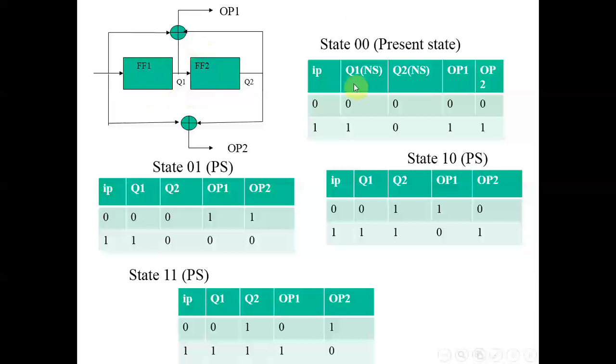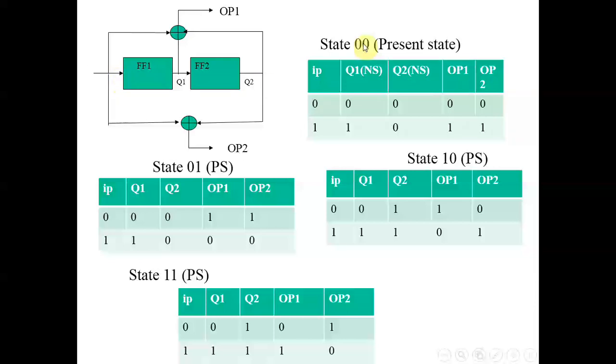So let's see that state 0 0. Now there are two flip-flops, so the output is Q1 and Q2. So because there are two flip-flops, we expect four states: 0 0, 0 1, 1 0, 1 1. So whenever we are in a particular state, there are two possible inputs. Either I am applying 0 or I am applying 1. Now with every applied input, the state will change. So we will have next state transition, and with every applied input, we will also have outputs, right? So every present state will have two rows, one which indicates what will be the next state and what will be the output when input 0 is applied, and second row will indicate what will be the next state and the outputs when input 1 is applied.